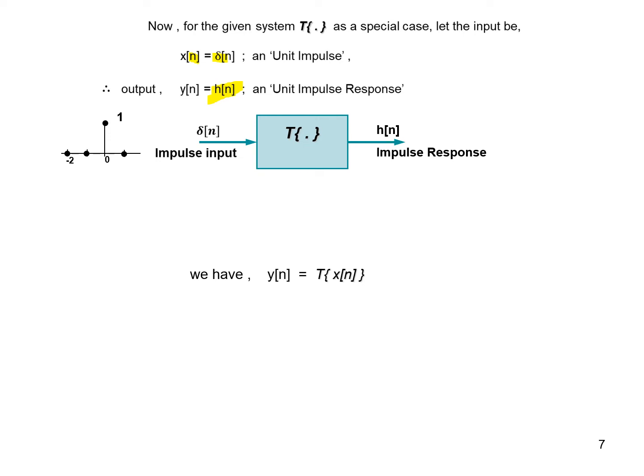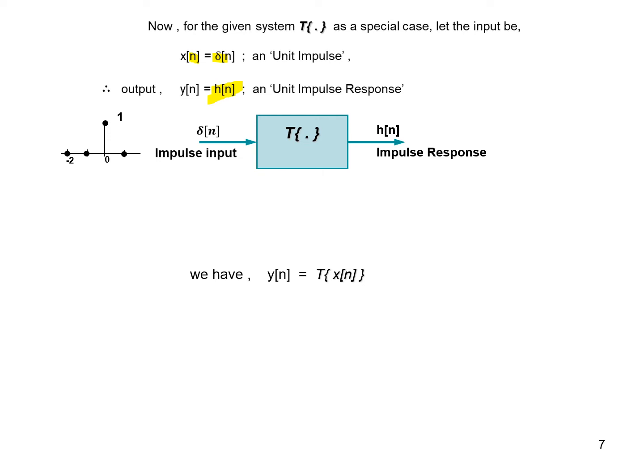It is a special signal called impulse. More specifically, unit impulse, because its value is 1. It can be 2, 3, 4 also, but then it is not called a unit impulse; it is simply called an impulse. Now it is called unit impulse because the value is 1 at the origin. When this is the input, what is the output? Whatever I get depends on the system, what kind of system I am having. Output can be anything. That output is nothing but the impulse response.